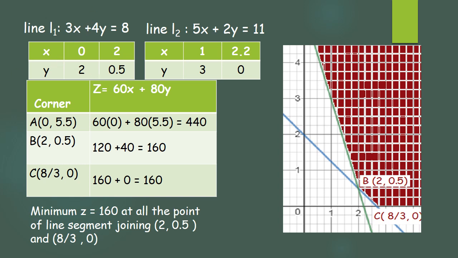So this was the question given. Now this was a question of the diet, because we want to mix the two types of diet and the cost should be the minimum. Now another part, which is mainly used for transportation. For that we will take one more sum that is related to transportation.